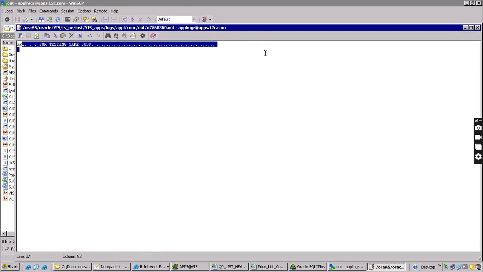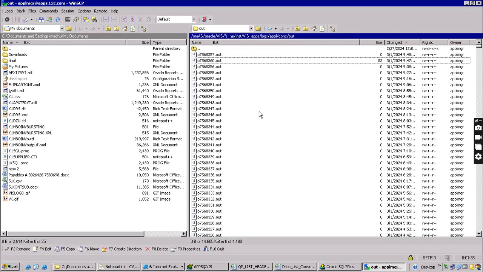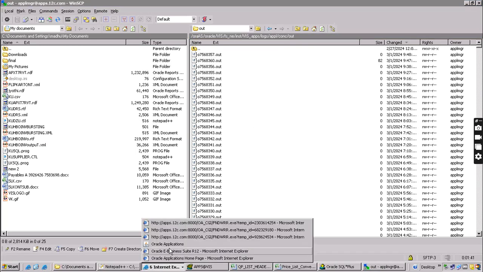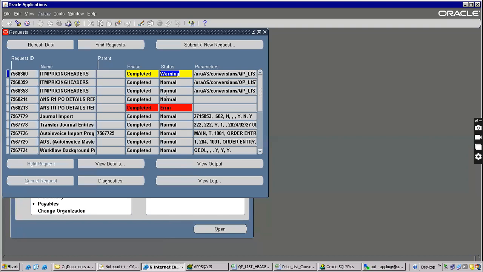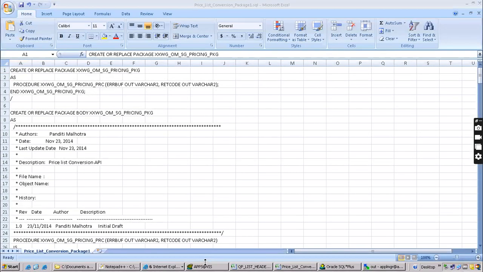Got it, guys? You may get many errors, not only a single one. By default, a 50 limitation will be there. We can increase the limit also. Are you okay with this point, guys? First of all, what is a bad file? A bad file is because of mismatching of data types. If any primary key column value or not null value doesn't have a value, then it will give an error. If you just check it in the code,